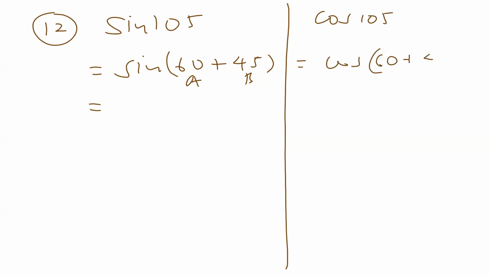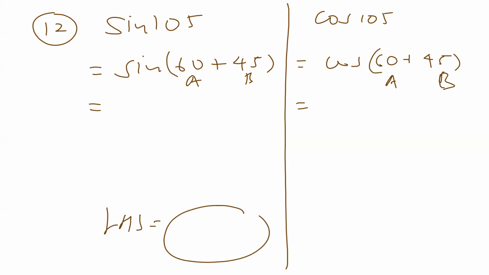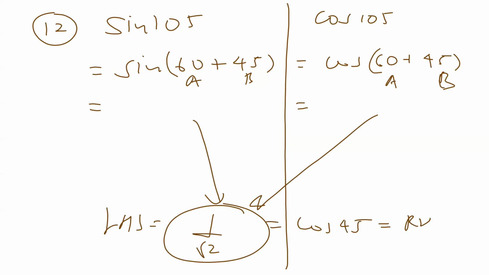Don't write 100 plus 5. 100 is not a standard angle and 5 is not a standard angle. So solve this using the cos A plus B formula, that is cos A cos B minus sin A sin B. Get both the answers and put them in the LHS, and check what you're getting. After simplification, you should get 1 by root 2. These two values should add up to 1 by root 2, because 1 by root 2 is cos 45, and that is equal to your RHS. So I've given you the hint for question number 12. Okay, so let us go to question number